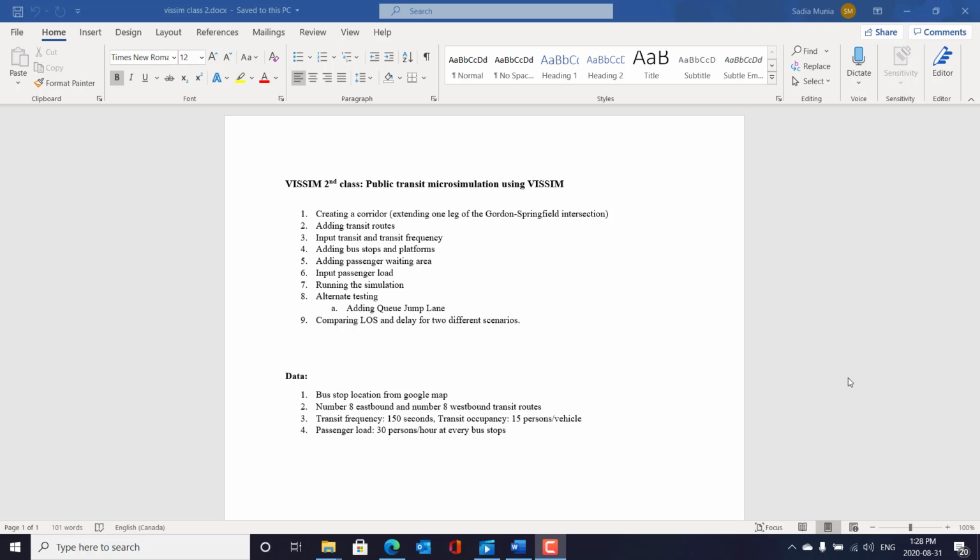Hello everyone, this is the tutorial on public transit microsimulation using VISSIM. In this tutorial, we will create a corridor by extending one leg of the intersection. Then we will add transit routes, transit frequency, bus stops, and passenger boarding and alighting, and then we will run